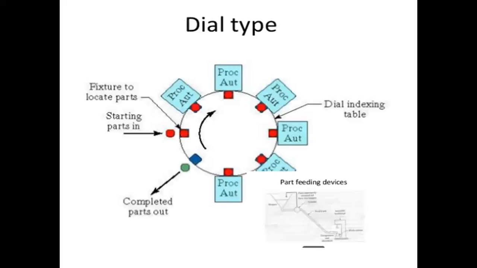Let us go for the dial type. When we say dial type or radial type, you can see here the components enter at this point, and it moves to machine tool 1 or machine tool 2. I don't say it is a machine tool, a fastener 1 or a fastener 2 and a fastener 3. So this is how it will be. A series of assembly units arranged radially is what we call a dial type.